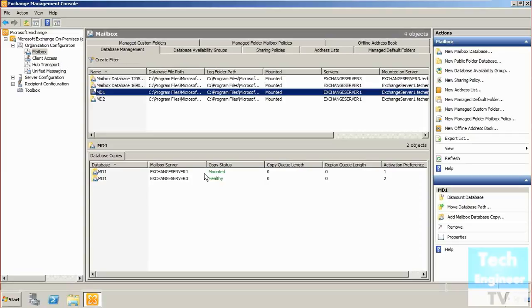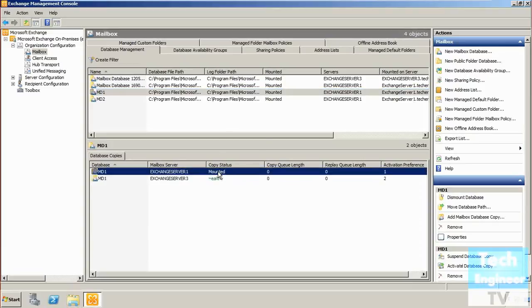Now, for example, what we discussed in the last video, that one of the Exchange servers for some reason gets suspended. For example, in this case it is Exchange Server 1. Then you can't directly suspend Exchange Server 1, because you first need to activate the other one.